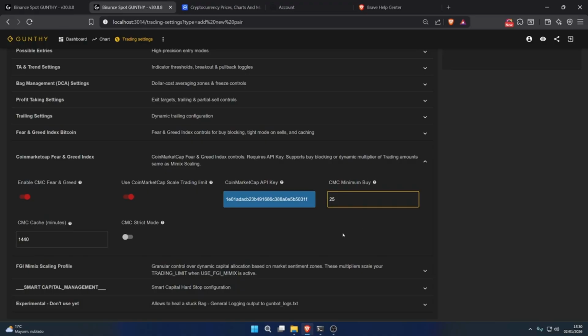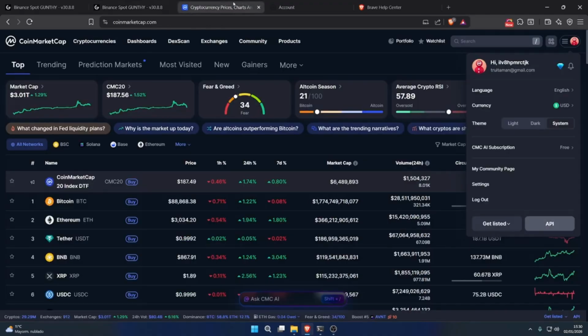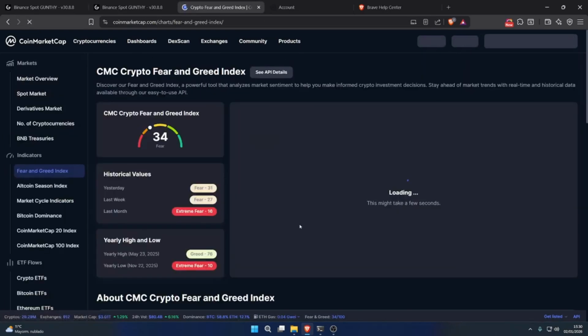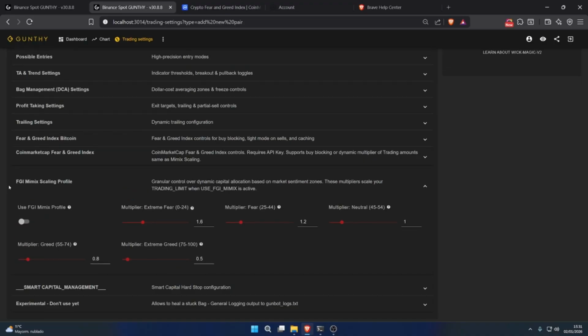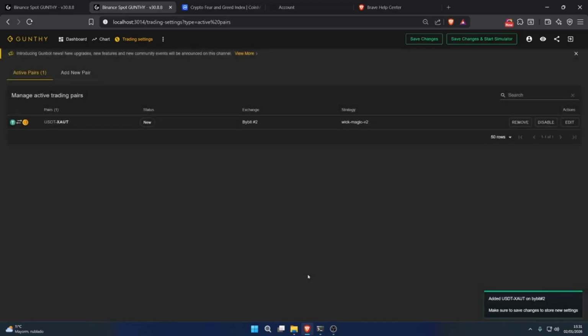Okay, now we could set 25 as CoinMarketCap is 54. Okay, you can see here. Then cache, leave default and don't enable this option, it's not needed. Then you go to FGI mimics scaling profile, you use FGI mimics profile, and then you can set something more common like 125 on this one, 1.1, 108, that should be fine. 0.5. All right, you click add pair